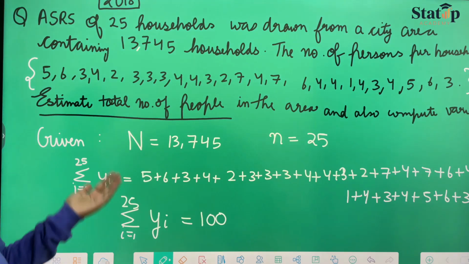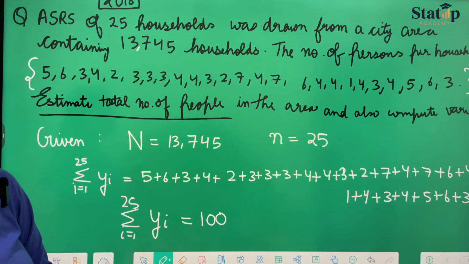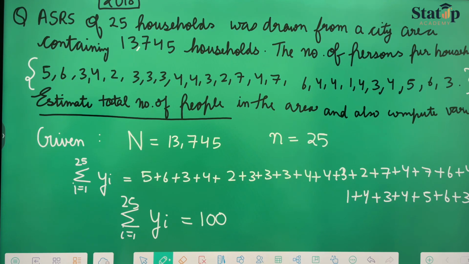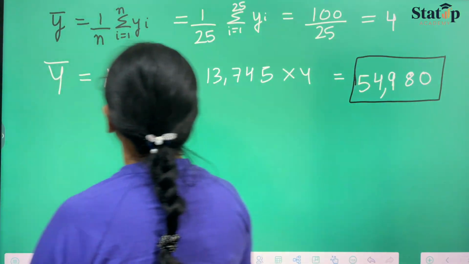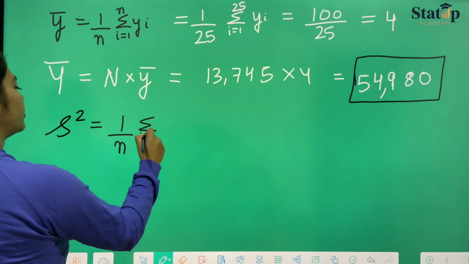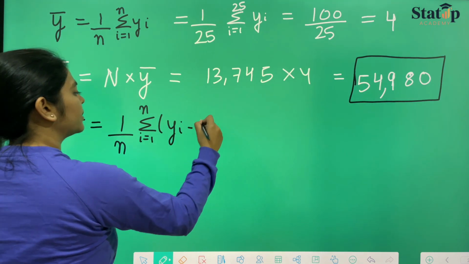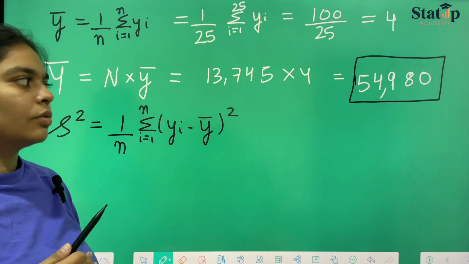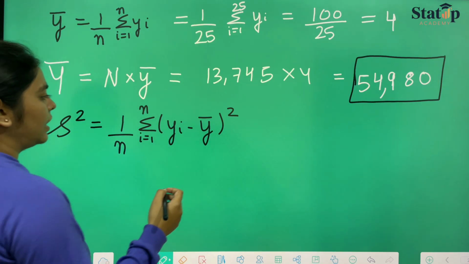So again we'll first find the variance, which is summation i goes from 1 to n of yi minus y bar, upon n, which will give us the sample variance, and then we'll use this sample variance with our total population number, which is 13,745, and we'll get the answer. So for the sample variance, the formula is 1 upon n minus 1 summation i goes from 1 to n yi minus y bar whole square. We have calculated y bar, it is nothing but 4. So doing it with every term, we'll get the answer as,